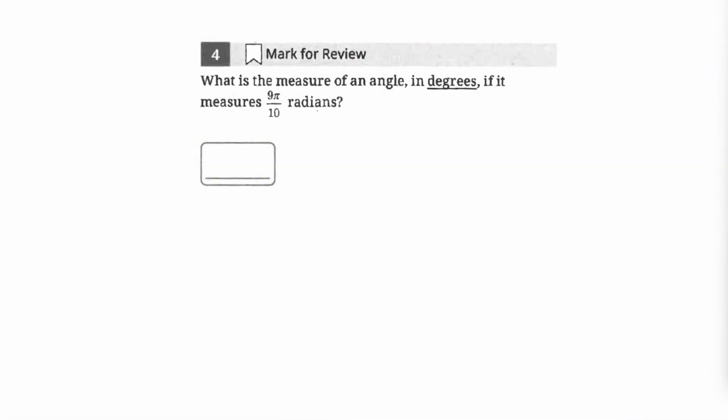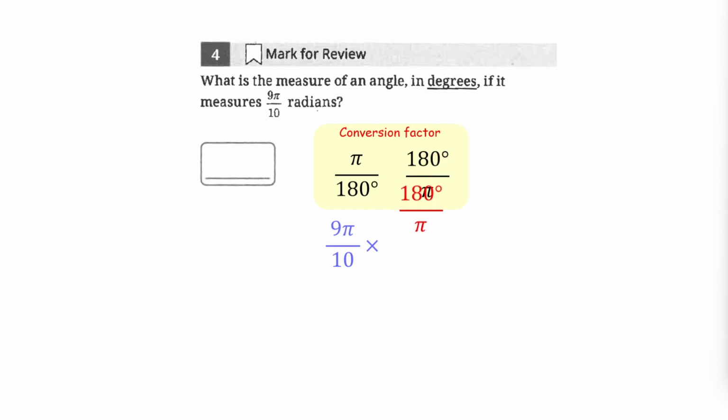What is the measure of an angle in degrees if it measures 9 pi over 10 radians? To convert between degrees and radians, we need to use one of these conversion factors, pi over 180 degrees or 180 degrees over pi. Since we're going from radians to degrees, we multiply by 180 degrees over pi, canceling out